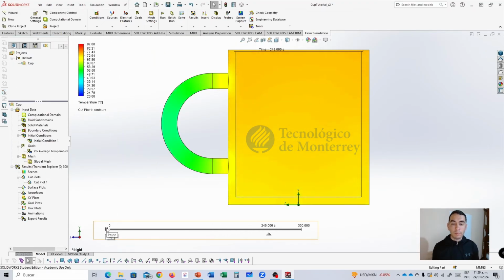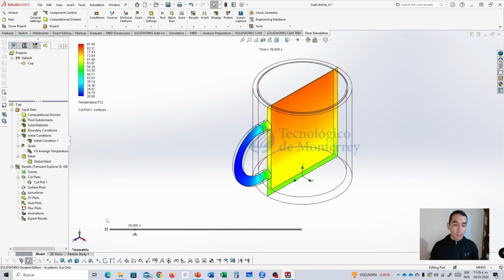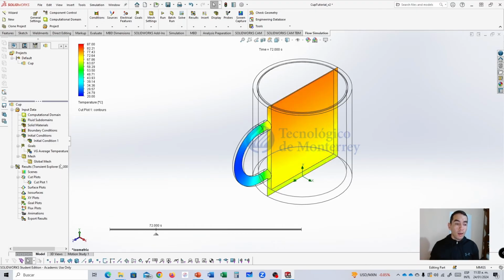Okay, there you go. That is something that you can do with Transient Explorer. So I'm coming back to the normal mode,